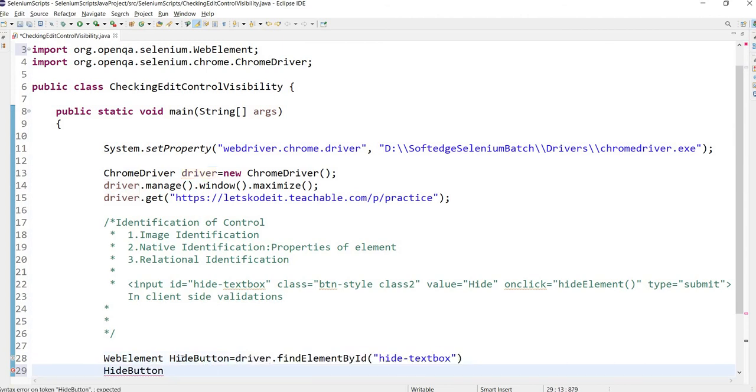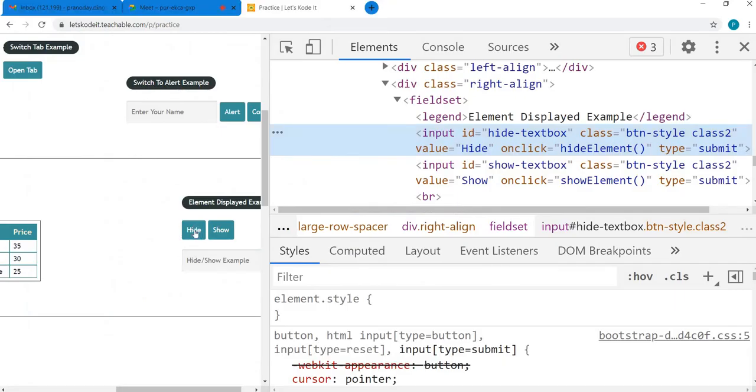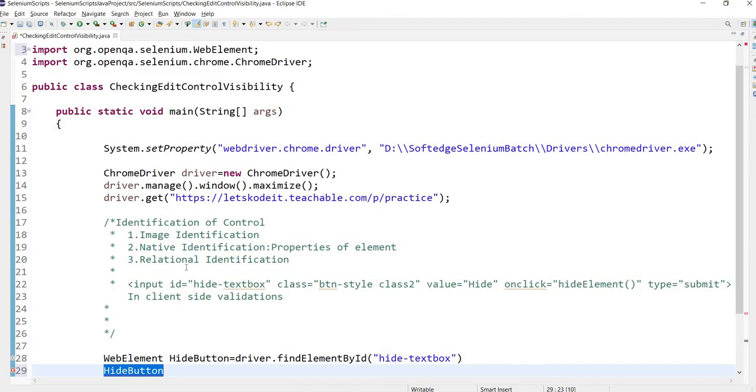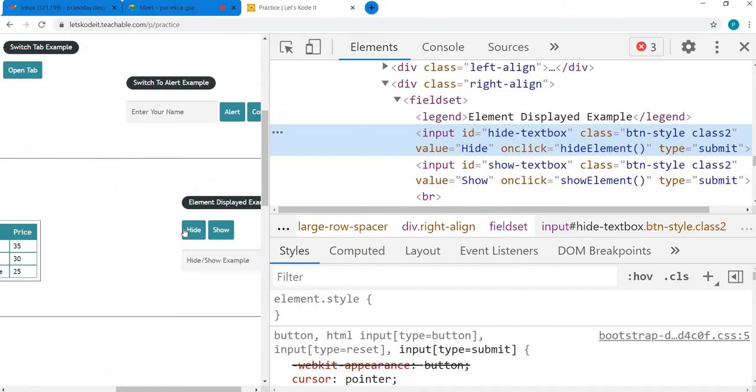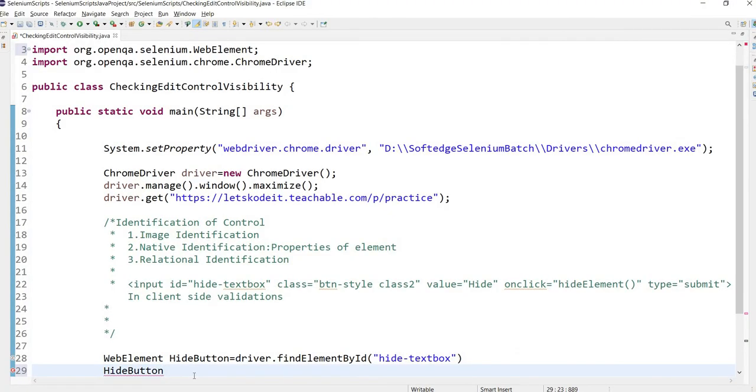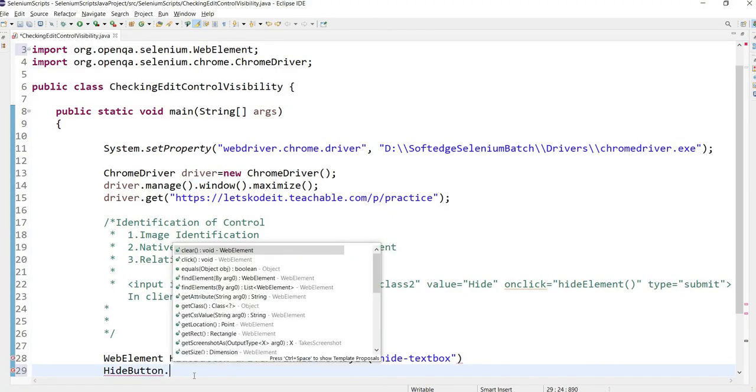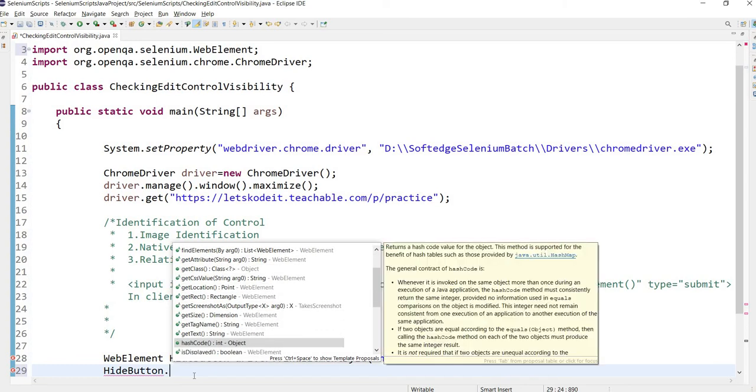So this hide button variable represents this hide button on the UI in our test. This is the representer for this UI control. So if you put a dot, you will get to see the different APIs using which we can interact with the UI controls as a part of our testing steps.